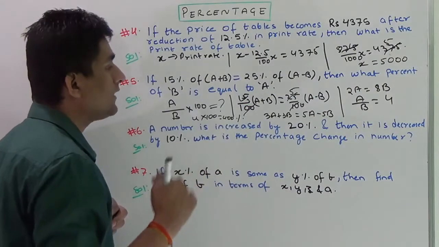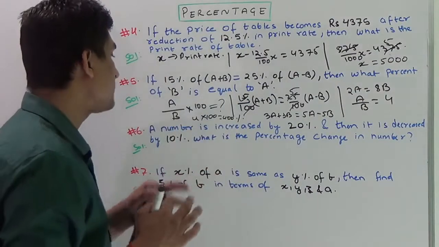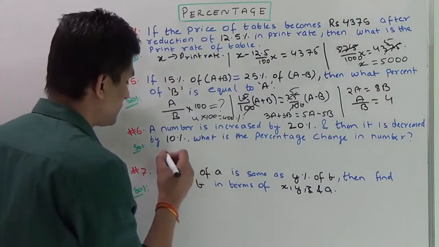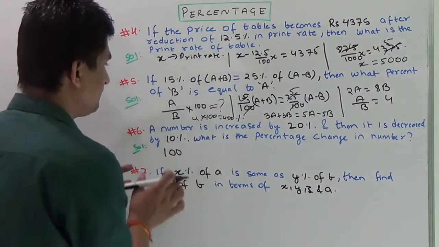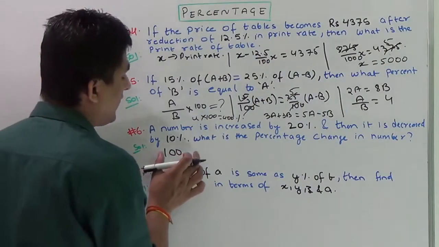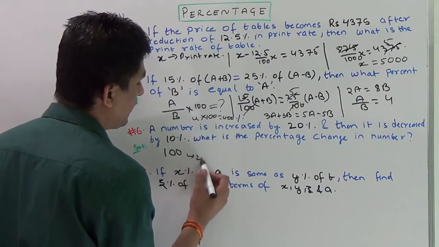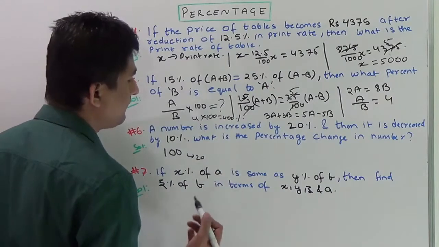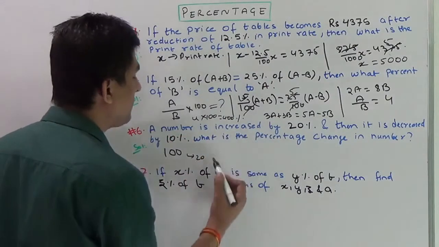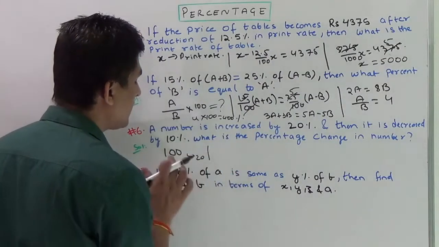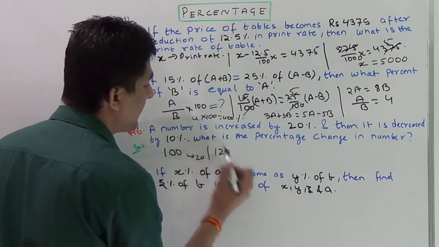So we are making general value substitution, and here only one number is given, so I am assuming that number to be 100. So let us assume that number to be 100. The number is 100, and if I calculate 20% of the number, it will come out to be 20. Okay, 20% of the number is 20. And the question says that the number is increased by 20%. That means earlier the number was 100, now it will be 100 plus 20, which is 120.